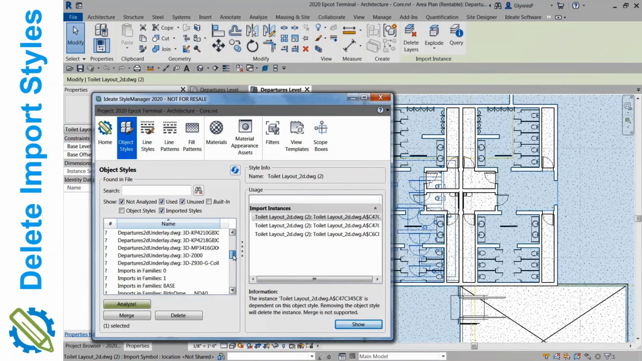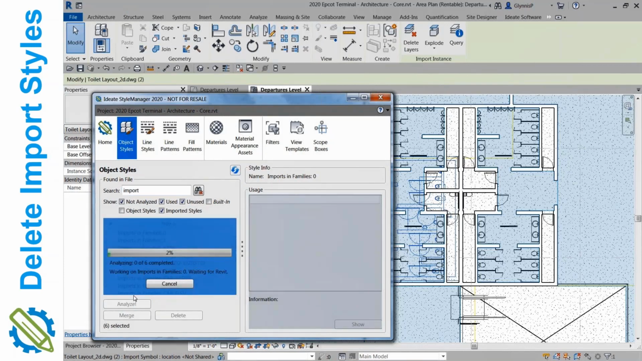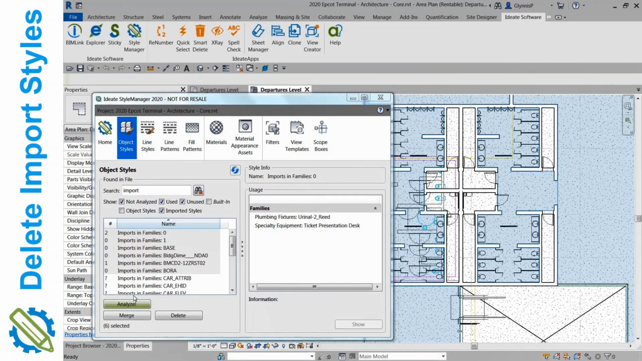So you can double click and open up the view that shows where that's at. And then, like I said, the imports and families is nice. I'm going to do a search key here and just look for imports. So now it doesn't get the linked or imported AutoCAD files. It's just looking at the imports in the families that may be in title blocks or maybe in pieces of